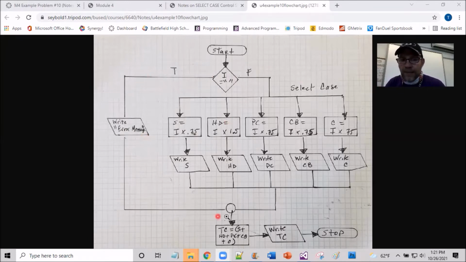If that's going to be the case, look how the true path, there's nothing being done on this true path of this application. Whereas if a person's going to click on something, and I have this defined here, S is soda, HD is hot dog, PC is popcorn, CB candy bar, and C may be candy, or I'm not real sure. I've got to figure out what C is. Okay, but we'll come back to that. But candy bar is definitely